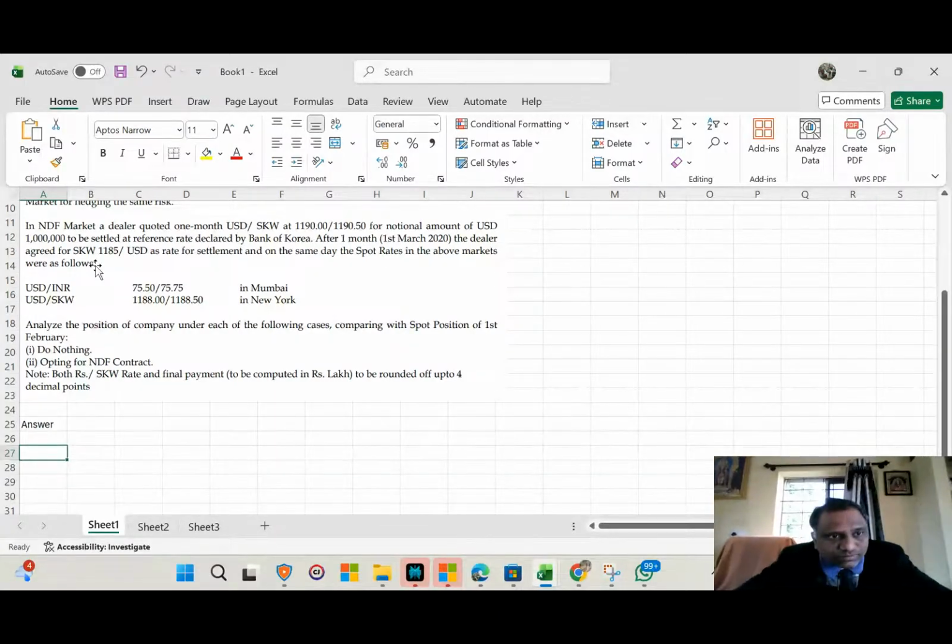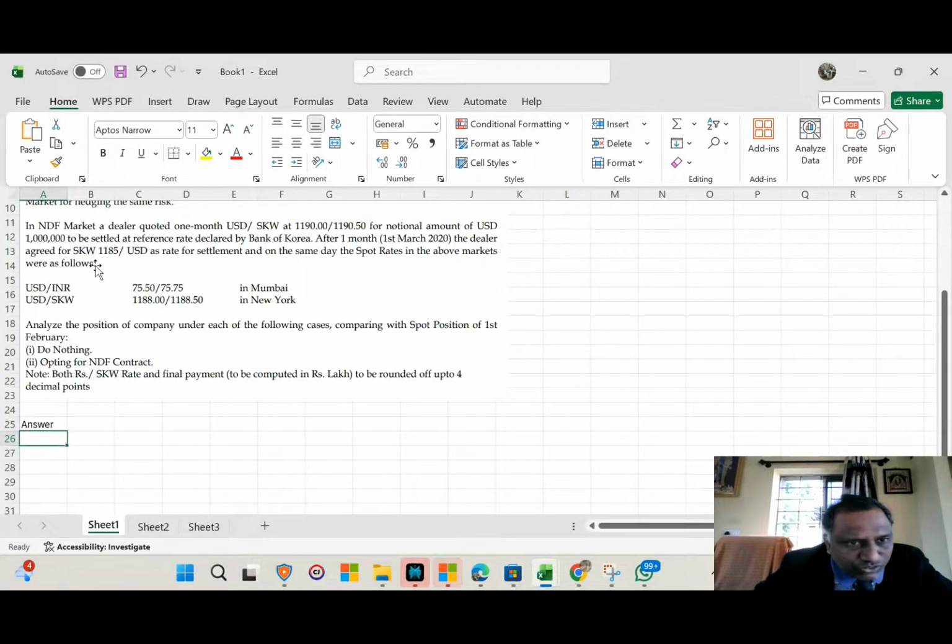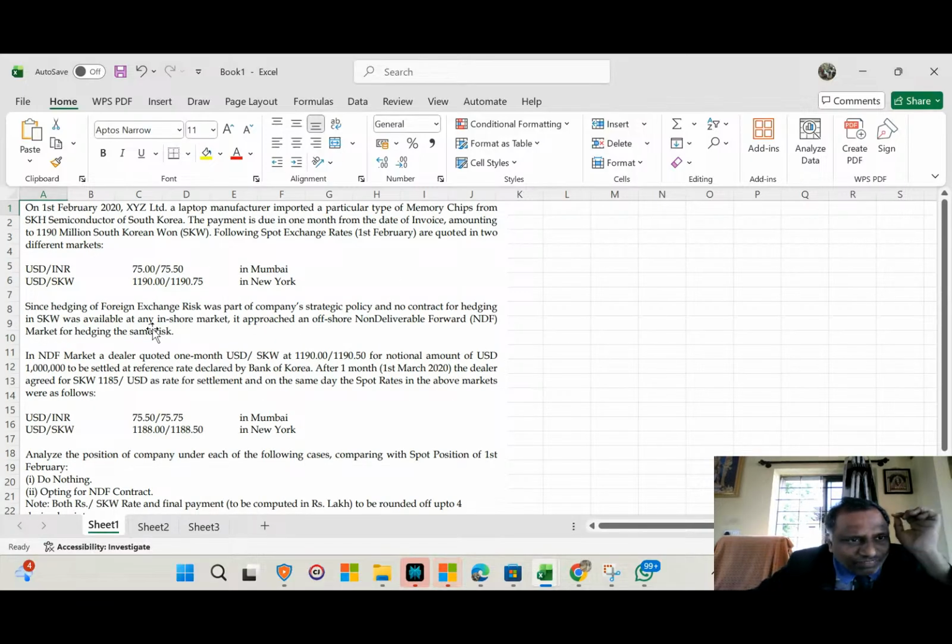Dear friend, you understand the question. They gave USD to INR and USD to South Korean won, but a direct quotation is not given. I have 1,190 million South Korean won. This is my home currency. Now I want INR. Why? Because